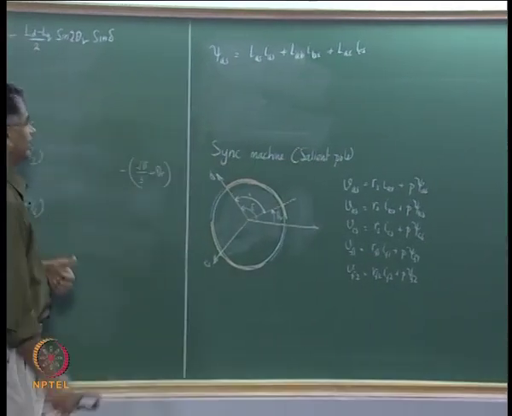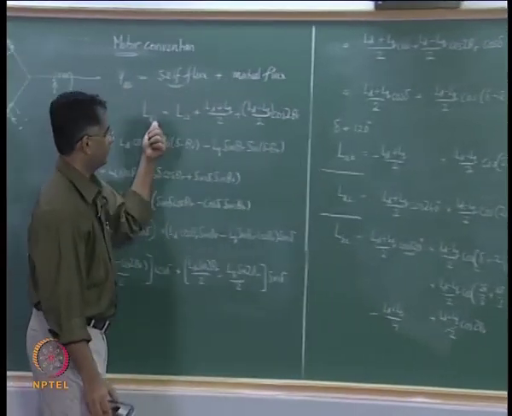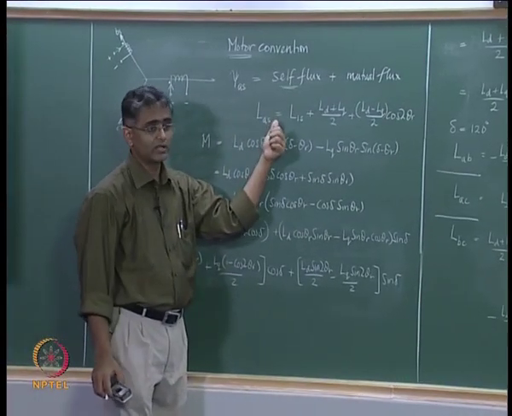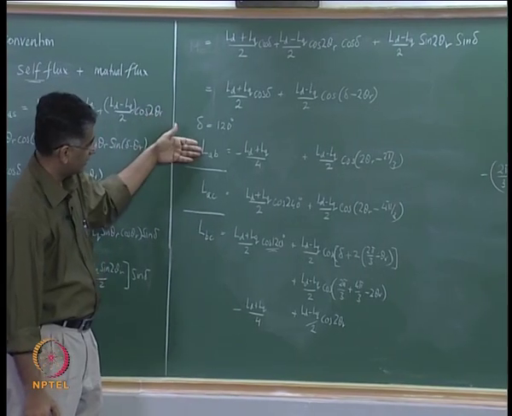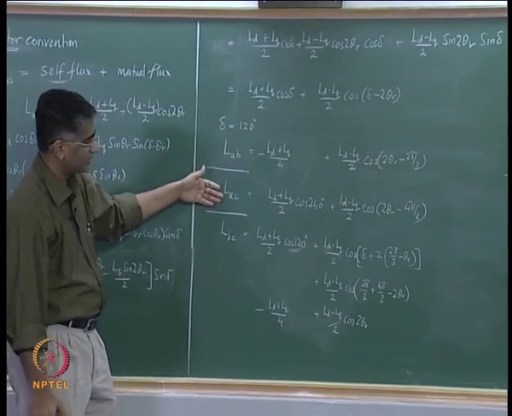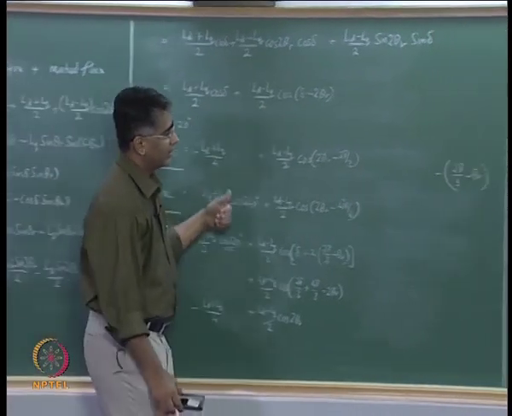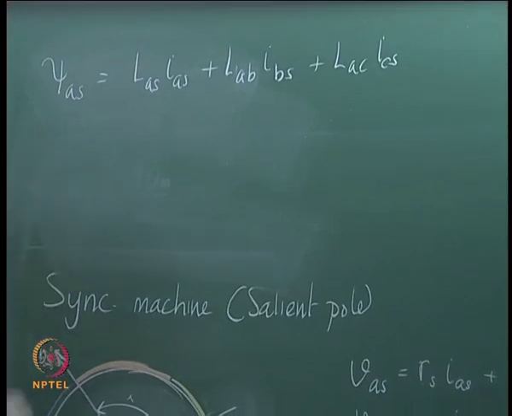LAS is the expression for self inductance that we have derived here. LBS, LAB is the expression for mutual inductance we have derived here, LAC we have derived here, and then there are two more terms,